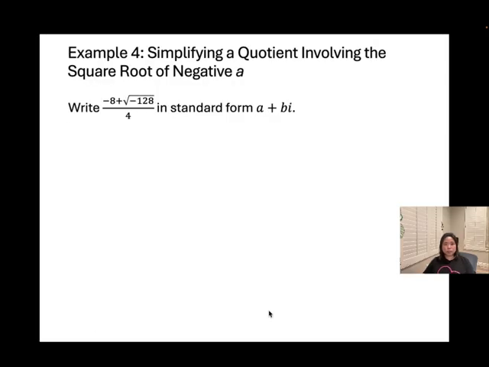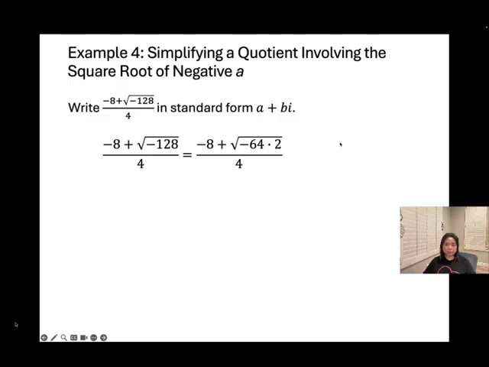Example 4. Write this in the standard form, a plus bi. Okay, so let's simplify the square root of negative 128. We're gonna break it down. So we could make it like negative 64 times 2. Okay, because you know what is the square root of negative 64, right? Which is gonna be 8i. We plug it in,